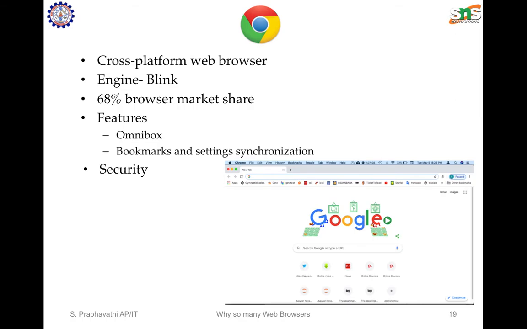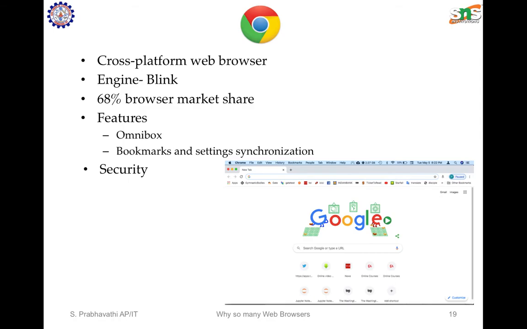As per 2020 status, StatCounter, which I mentioned earlier, for website traffic analysis, says 68 percent of today's market share is in Chrome. I'll talk about a few features like Omnibox, which is the merging of the address bar and search bar. And Chrome allows users to synchronize their bookmarks, history, and settings across all devices either through Google credentials or a